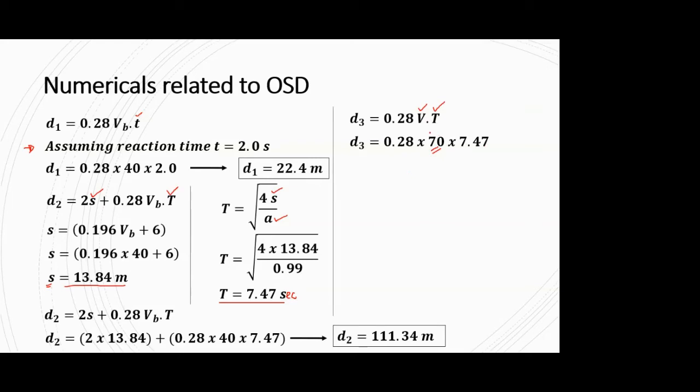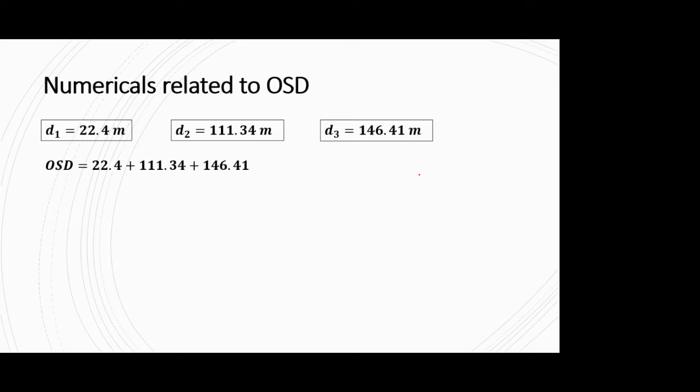Now here again, just to remind you, this 70, they have not given it as a design speed, but they have given it as a speed of overtaking vehicle or the fast moving vehicle. And in the analysis, we have seen that whatever is the speed of the fast moving vehicle, we take the same value for the speed of the oncoming vehicle. So it might be the design speed or the speed of the overtaking vehicle as well. So that we have been given here, 70. So the value comes out to be 146.41 meter.